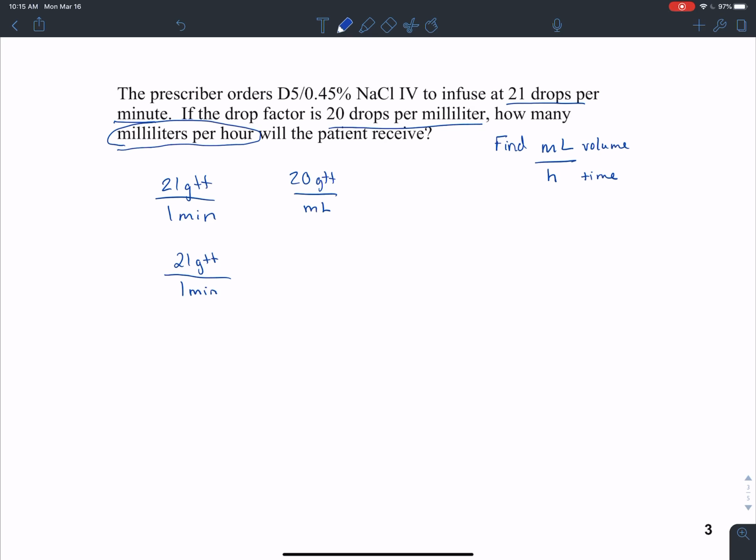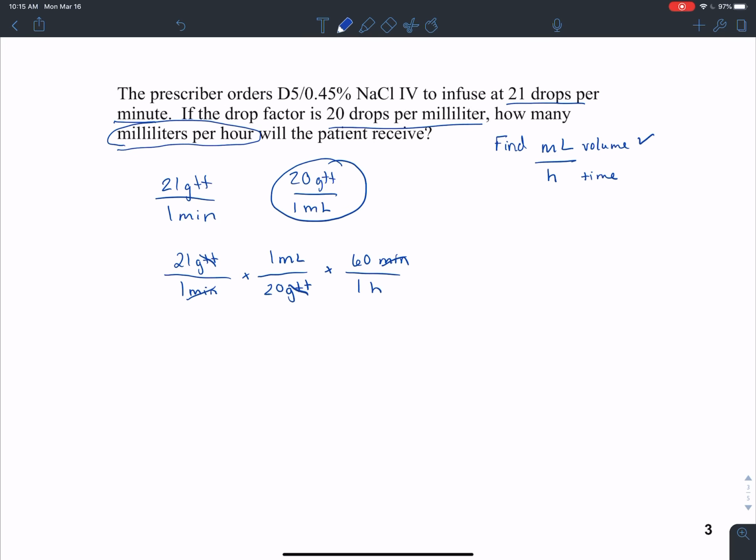I need to change that volume, so those 21 drops I want to change to milliliters. So I'm going to use this 20 drops per 1 milliliter, but I need to flip it so that the drops will cancel out. The 1 milliliter remains up in the numerator. Now I need to get that time correct. I know there's 60 minutes in 1 hour, and I set up my minutes to be diagonal so they'll cancel